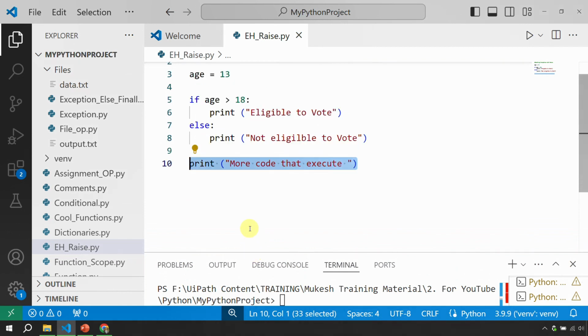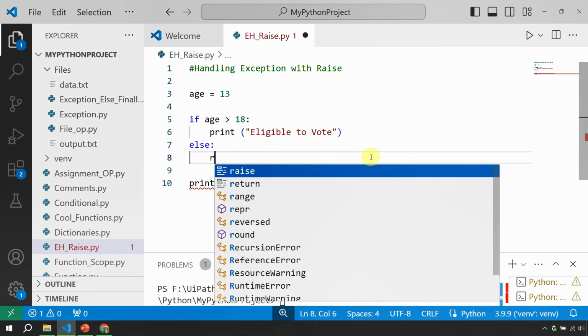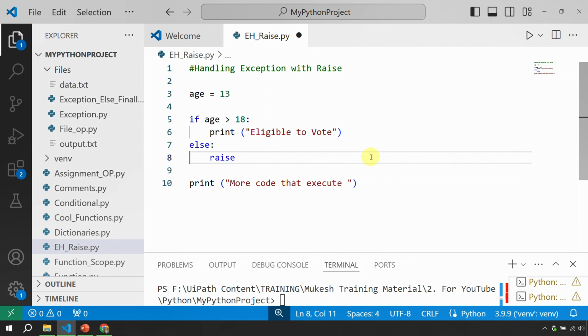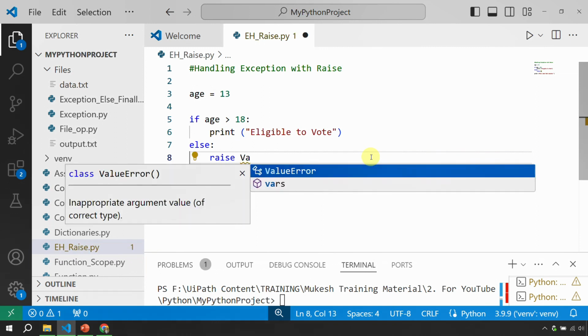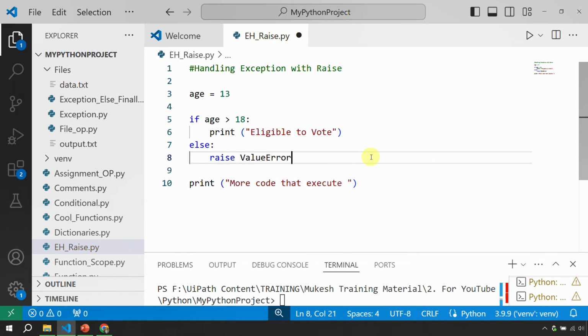That is where you are going to use this function, which is called the raise function, right? Now what is happening here? When I say the age is greater than 18, I say okay, it's 18, well and good. But when it is not, then instead of printing this, I am saying raise an exception. What exception? I say that I want to raise something which is called a value error. I am myself generating this exception which is called value error, and then I say that